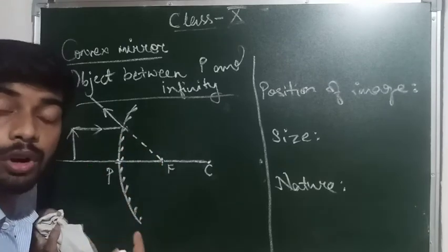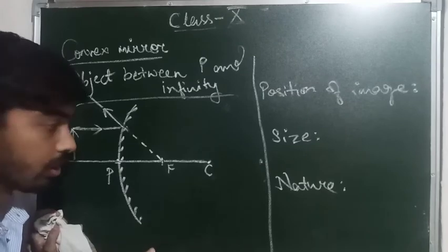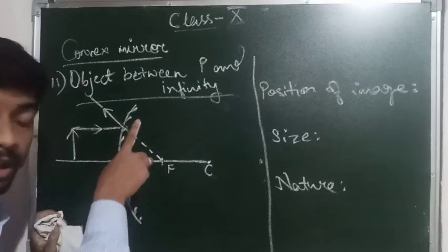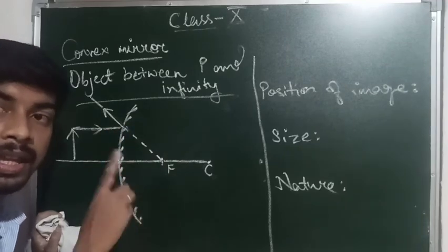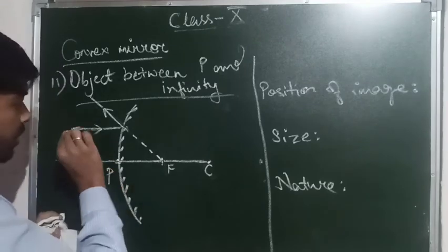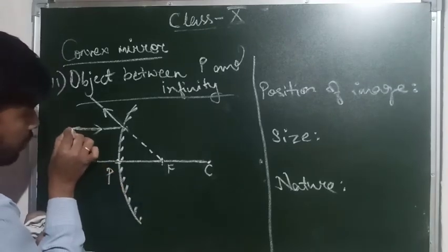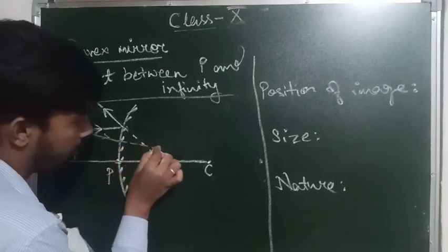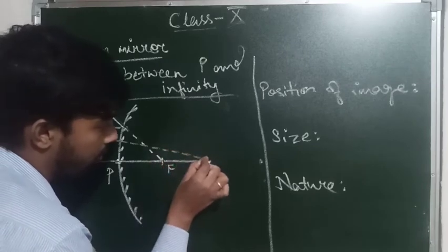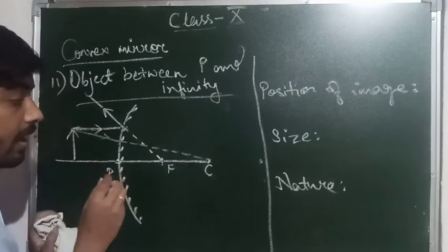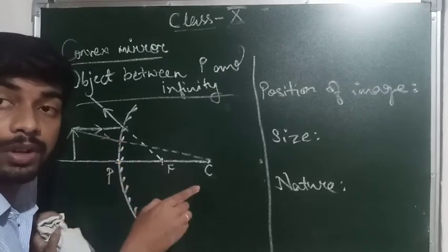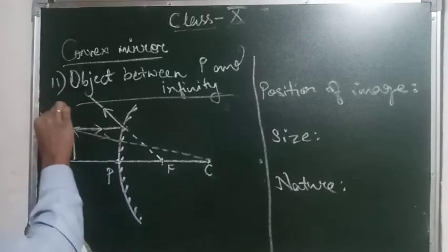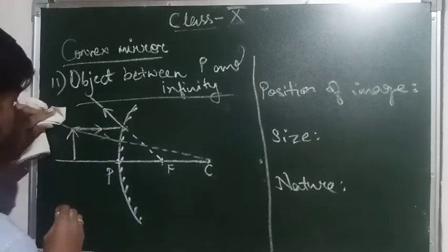Second ray, as we know, always goes through or passes through the center of curvature. So in this case the ray will not come to the center of curvature as the mirror is in between, but the imaginary ray can come. So we will take it in such a way that it comes up to here. As we know, the ray which comes up to the center of curvature goes back in the same path. So this ray will be reflected away like this.